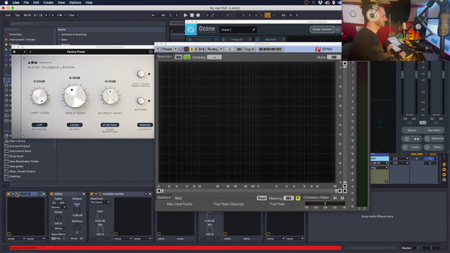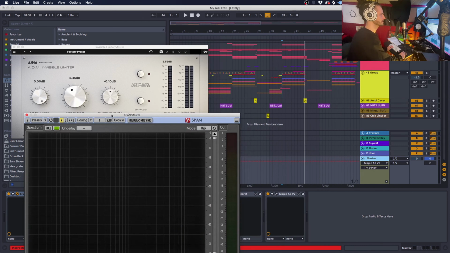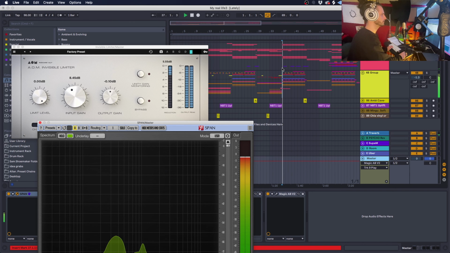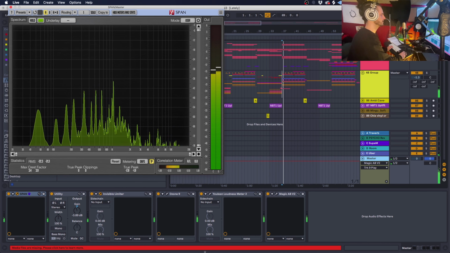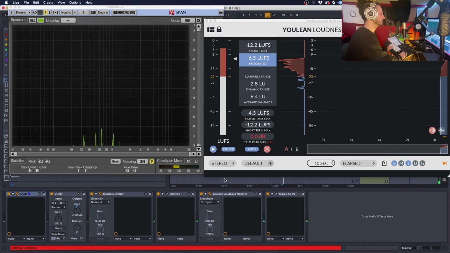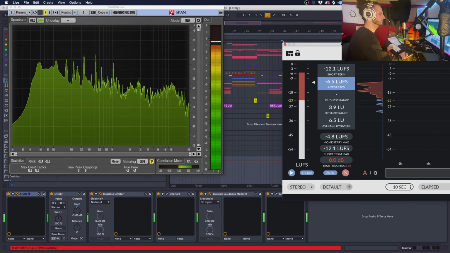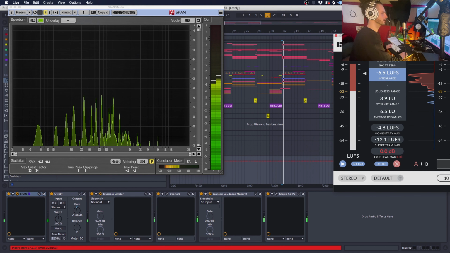That's what that is. This is Span. It's a free plugin, and anybody that's in my circle definitely uses this, and it's a very crucial metering tool, especially if you're in a room that isn't fully treated, and you need something that you can trust outside of your ears. It's essential. That one and Youlean I recommend. I'm not a sales affiliate or whatever. They're just really the best plugins for this in my opinion.